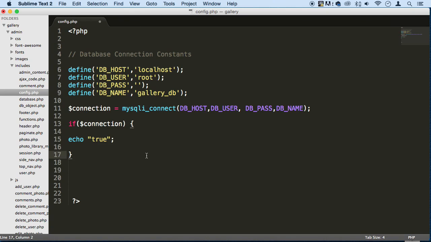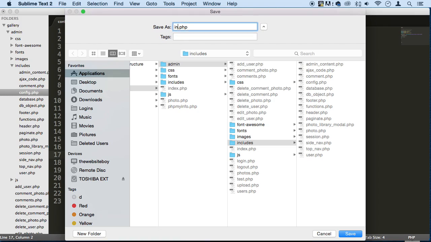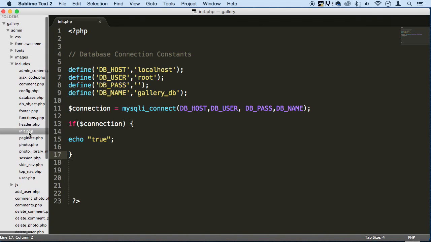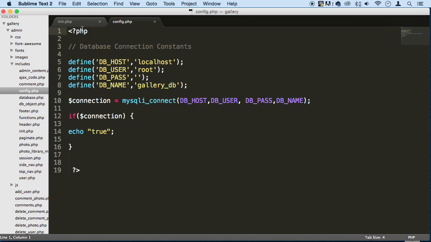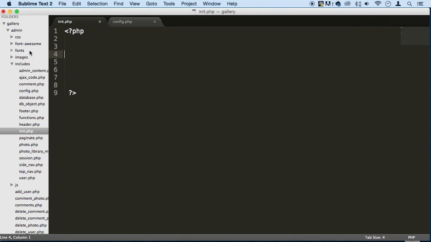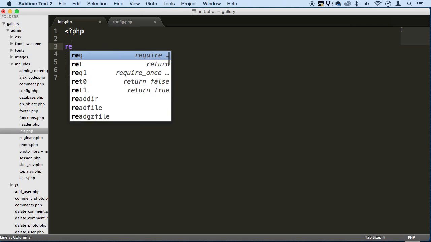All right, so I'm going to do a save as on this file. I'm just going to say init.php, right? So I have this init, and then I have this config, right? So in the init, I'm going to delete everything here. All right, and I'm just going to have the open and the closing PHP tags, and then this is the config. So basically what we're going to be doing here is I'm going to include